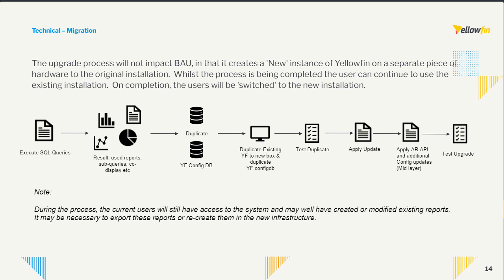As Atanas alluded to, the versions of Yellowfin that are currently within Remedy are somewhat out of date to what we are at now. So we'll bring all of those versions, those new installations, up to date, and then apply whatever layers, the mid layer. Effectively, BMC has this security mid layer between Yellowfin and it, so that needs to be applied as well. And only after all of these updates and everything's been applied successfully, and you guys have looked at it and signed off and customer's happy, will we actually be able to flick the switch effectively and redirect BMC Remedy to the new